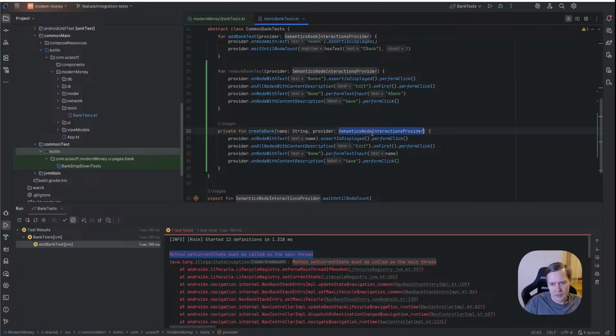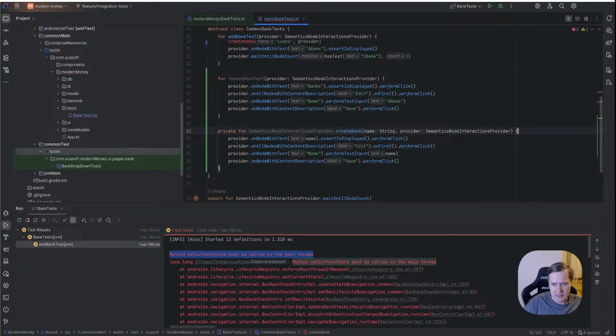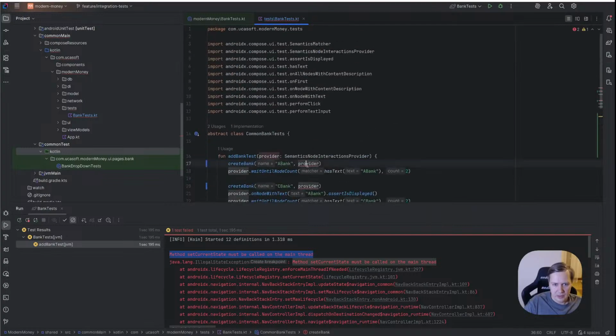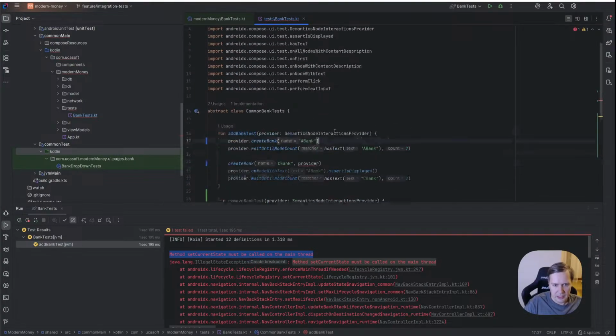So we can, for example, use semantic, and in this case we use just... and we don't need to provide it, yeah, we need to call provider.create bank